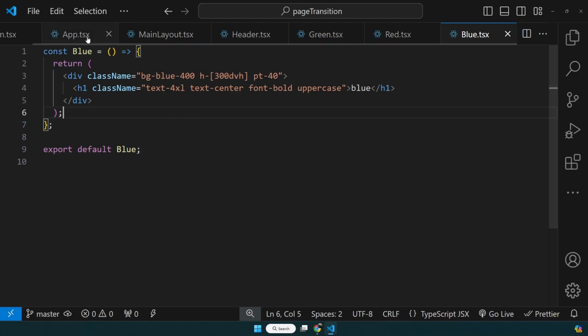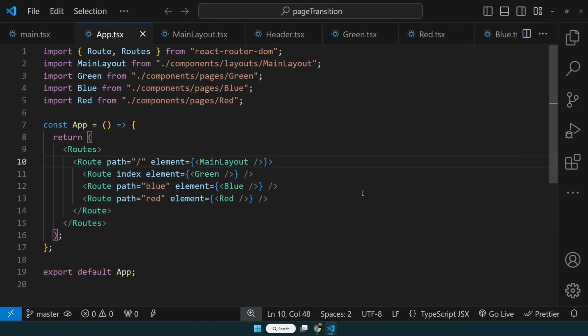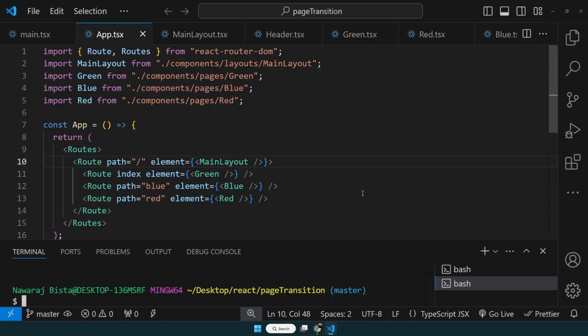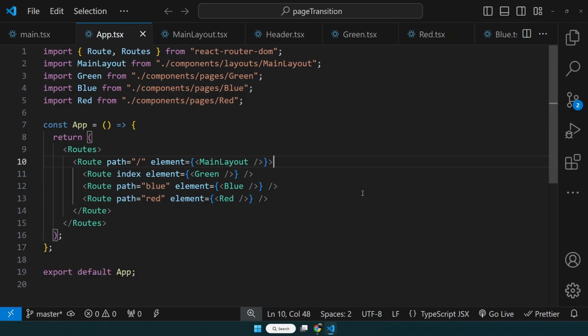Let's go to this app.tsx first. For our animation, we will be using Framer Motion. So the next step will be installing Framer Motion. So open your terminal and write npm install framer-motion, right? Once it's done, you can close your terminal, and we're going to provide some unique keys to these routes, so that